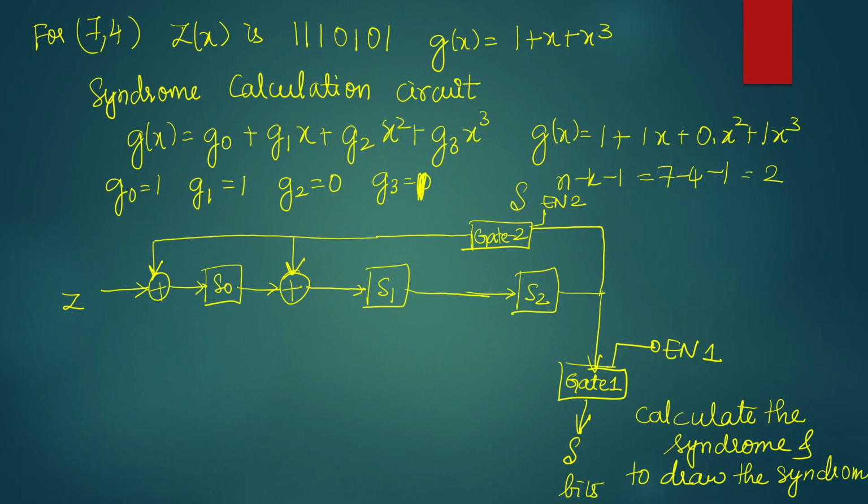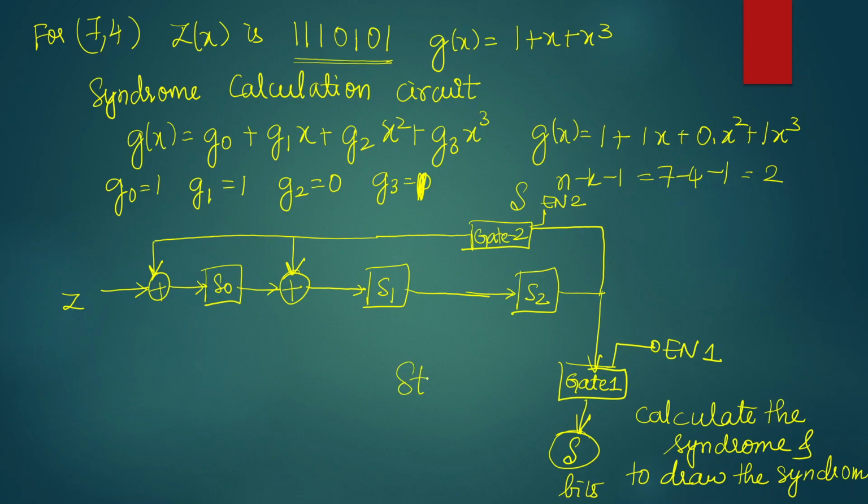So how these gates are going to work is, you can see over here it is a 7-bit code word. While sending all the 7 bits through the shift register, there are only 3 flip-flops. So 3 bits are going to be processed at any given point of time. Unless the entire received vector enters the shift register, the division process is not over. While doing the division process, this gate 1 is disabled. That means the syndrome is not extracted out. So this gate 1 is disabled at step 1.